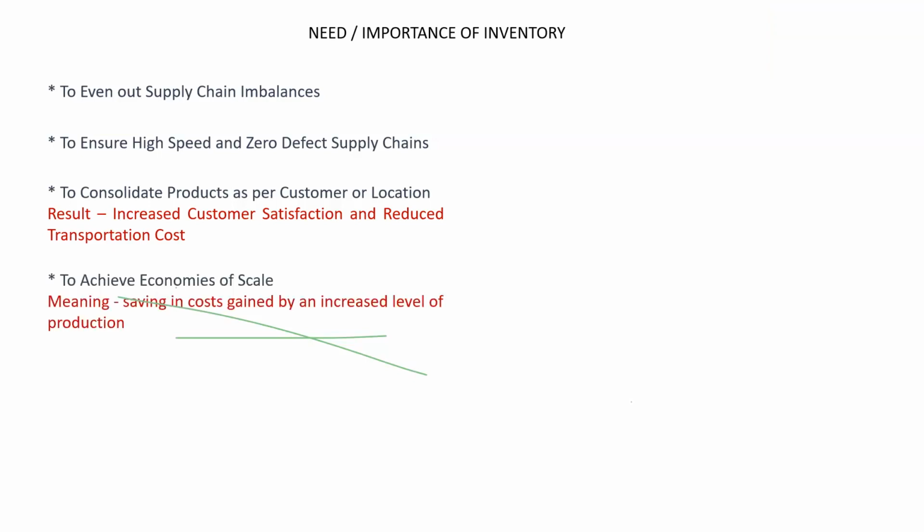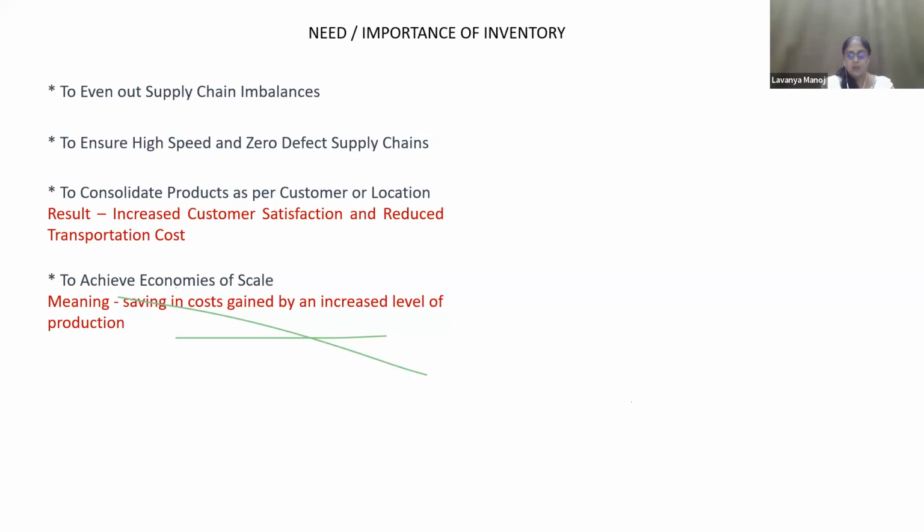Yeah, ma'am. To achieve economies of scale, again comes the consolidation. Instead of shifting one by one, or 10, or 100 in one transportation, it's better to shift the maximum number of units in one go. This is the economy of scale in transportation. Producing the maximum number of units in one go is economies of scale in production. So to cut down the electricity cost, the machinery cost, the transportation cost, the energy, time, manpower, everything matters.